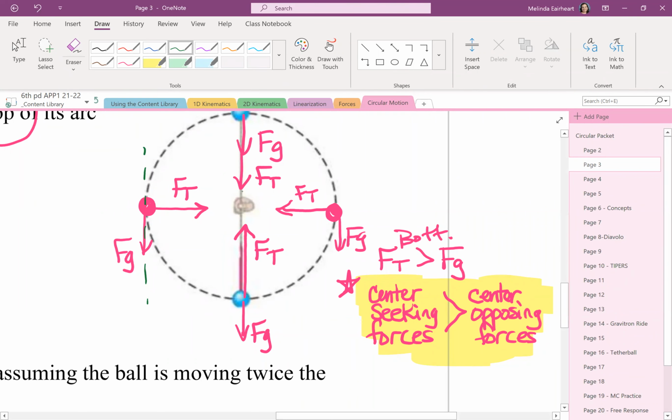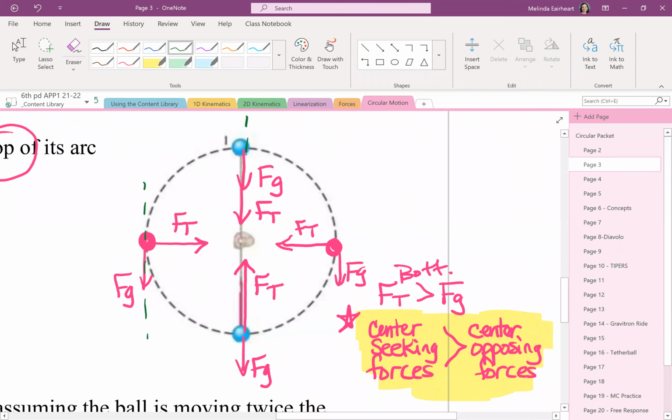But when it's on the other two, top and bottom, on this axis, it is center seeking or center opposing, okay? Moral of the story, when it's on the side, gravity affects the linear velocity or acceleration, right? But it doesn't affect the centripetal. Your centripetal direction is center seeking or center opposing. Okay,